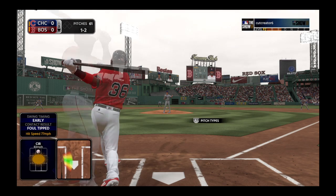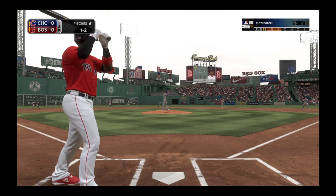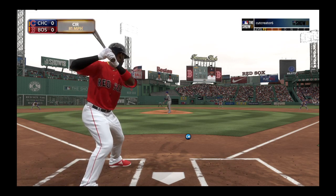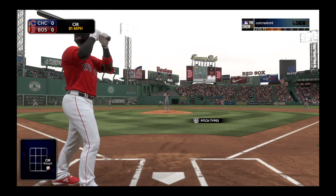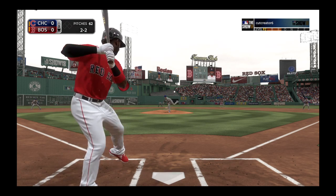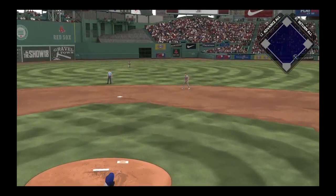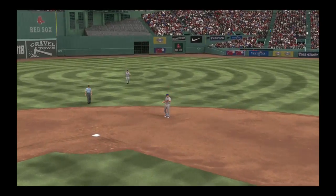Fouled away. Hey, he's got 4 foul balls in this AB right here. He's really making his pitcher grind for everything. And he lays off a pitch outside as they draw even at 2-2. Tough to take a pitch like that right there, especially in a 1-2 count. You almost get in that auto swing mode. Great job to work the count back to even. Murphy over to his right. He's got it